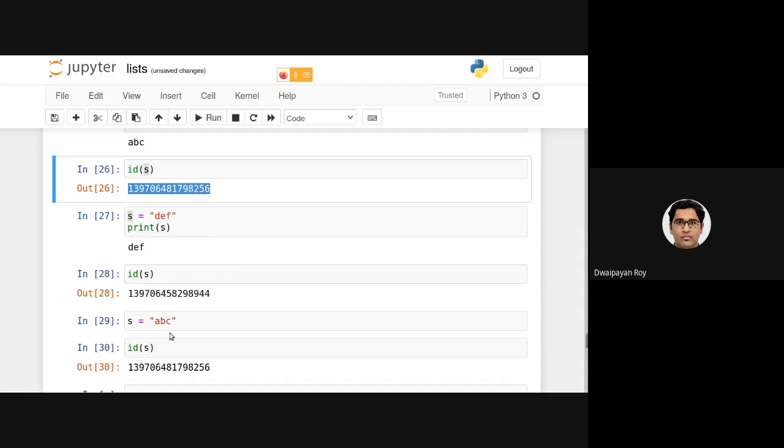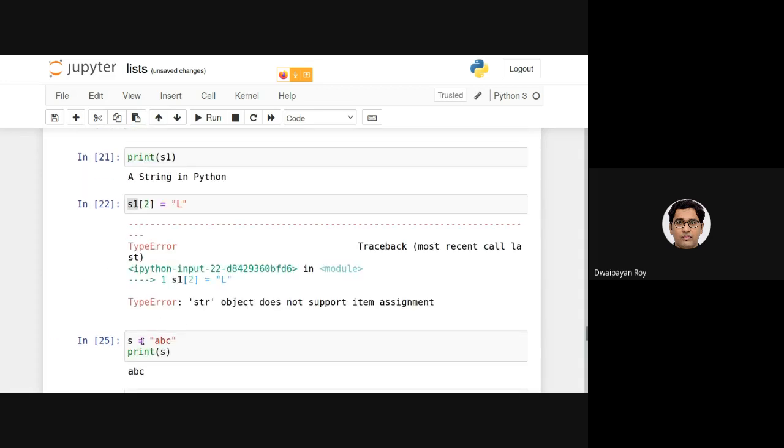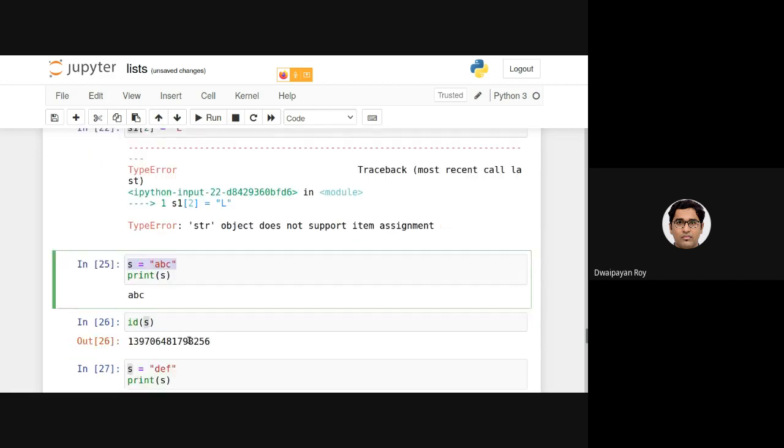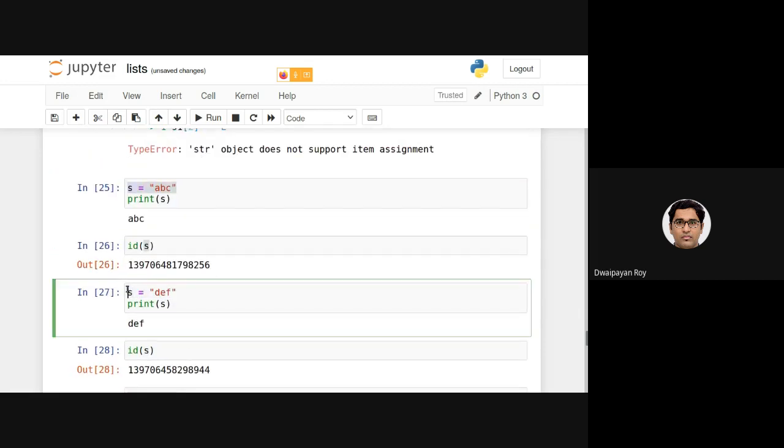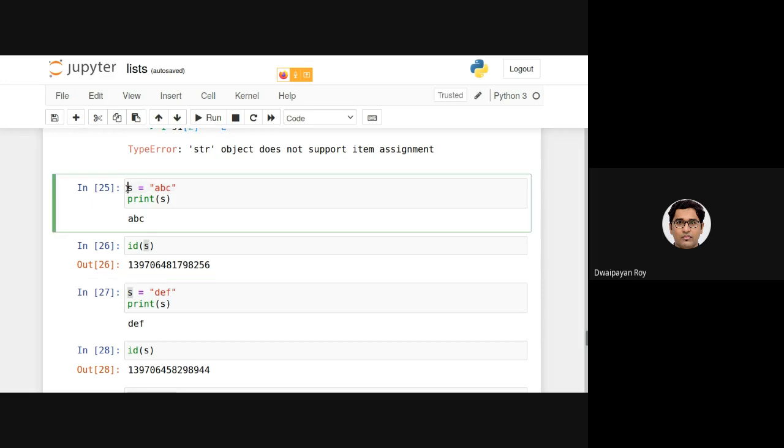So this is identical. Of course, they are identical. But here, this is entirely a new variable, so there is no relation between this and this. Of course, we already know that because at a time we can actually have only one S. The latest S will be considered, right? Now, if we execute this, then there is no existence of this S.